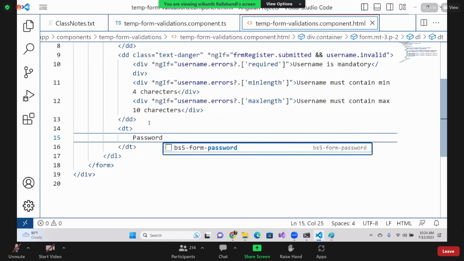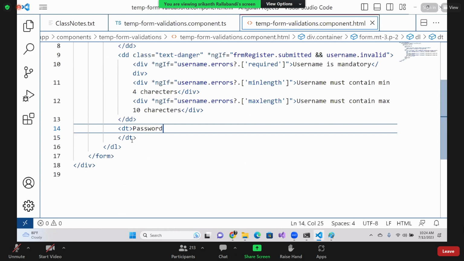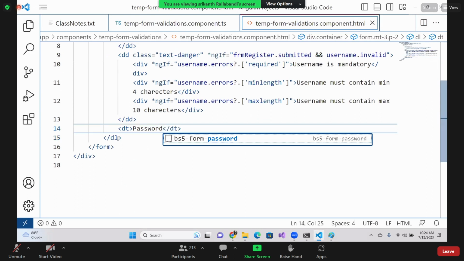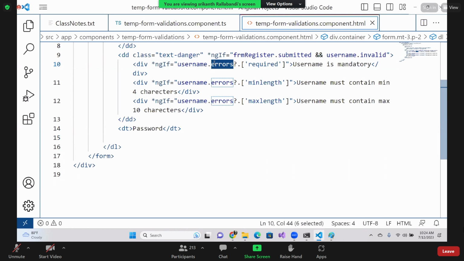Okay, enter the password. This is the username, and there we have the DT, and then we will be giving the password as well. Now, how to have the password here? Maybe for the password, the same you can apply, but you can use some pattern, or else you can take some number. And after adding all those things, suppose, let's say, if that error object is not having the custom valid, suppose let's say